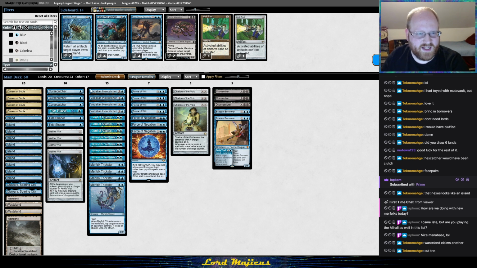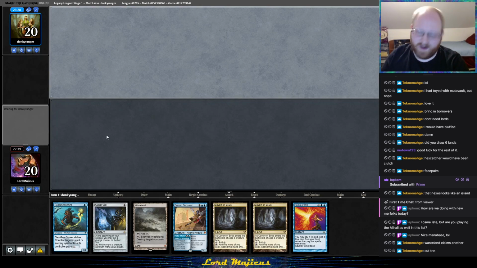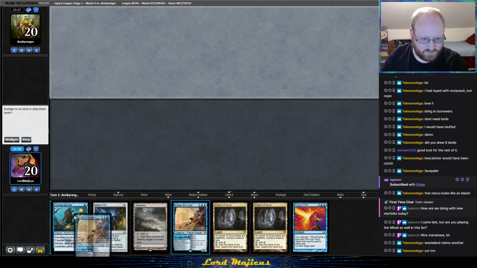Trickster is good interaction against them. And then, yeah, I think all of the stuff in the deck is really good here, but they are a very fast deck, so...